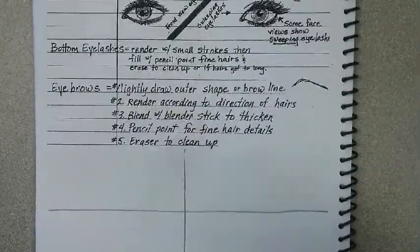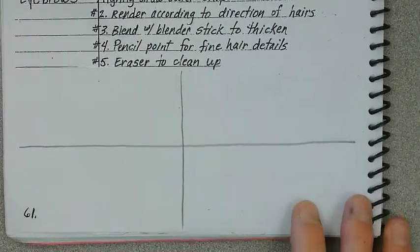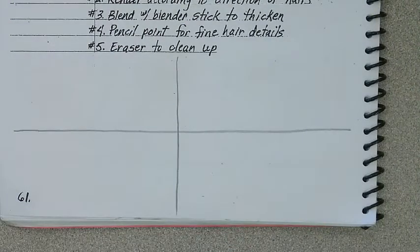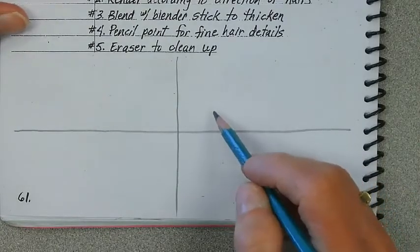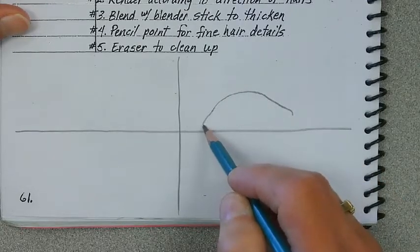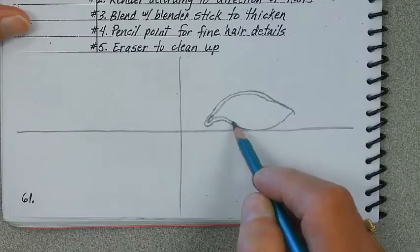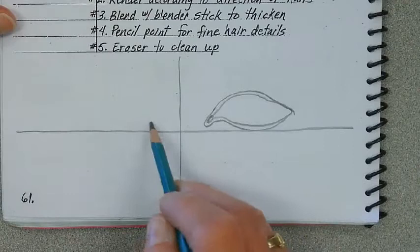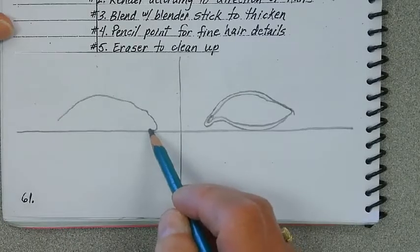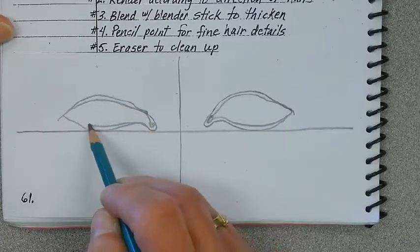I'm going to enlarge it now so that you can see mine larger, but know that I'm drawing on the bottom of sketchbook page 61. To get started, I'd like you to set up your eyes. The eyes don't need to be detailed. In fact, in this quadrant, I'm simply going to have you do an eyelid, a little tear duct, quickly like that. That would be a right eye, and then I'd like you to also do a left eye, the tear duct, the eyelid, the bottom,